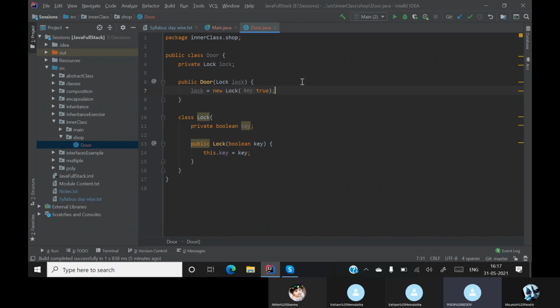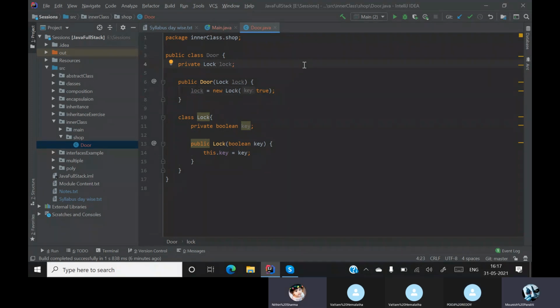Why do we take a public door lock? Public door. It's a constructor for this class. It's a parameterized constructor where inside the constructor we normally set some values, right? Some default values or something like that. Instead of setting the values, I am calling my lock class. I'm creating an object for my lock class over here, inside a constructor. Okay, now I understood. Okay. Anyone else having any doubts?